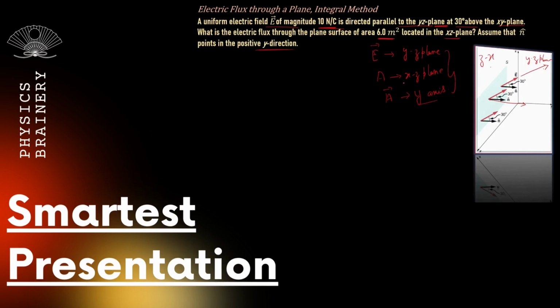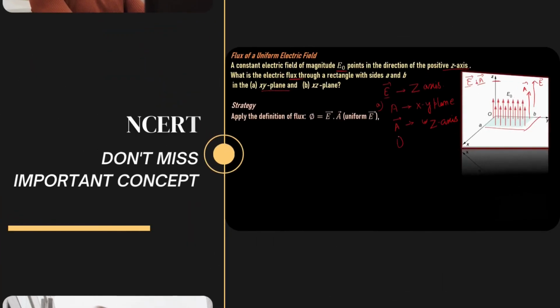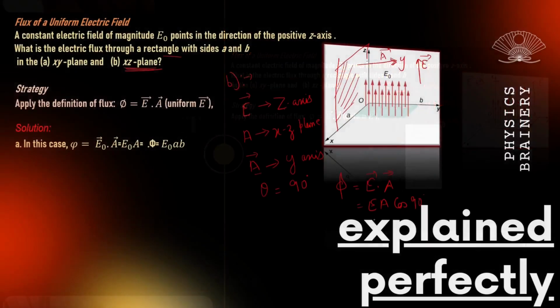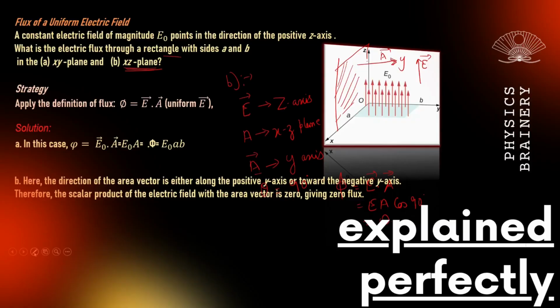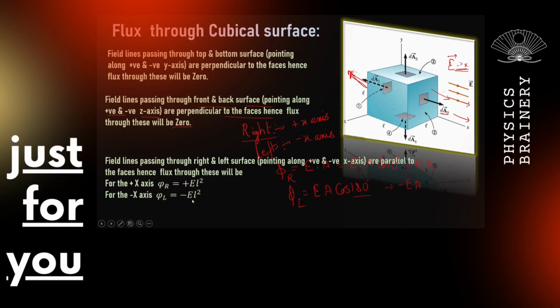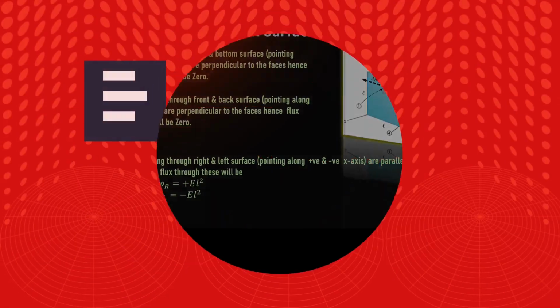Direction of electric field, area in which it is placed, the plane in which there is the area vector and the electric field vector, it becomes 0 degree, that is they are parallel to each other, and cos 90 degrees is 0. So in this situation, the flux comes out to be 0. So if we add them, we are going to get the net flux coming out to be 0.